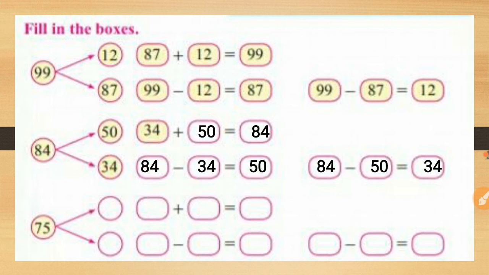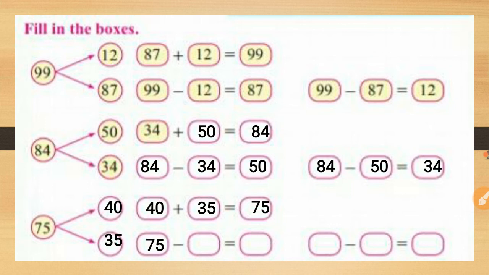Okay, now yes students, the total number is what? 75, meaning the sum is 75, and here the numbers are not given. We will write the numbers here; the total should be 75. So here I am going to take 40 and 35. When we add 40 and 35, what answer will we get here? 75.